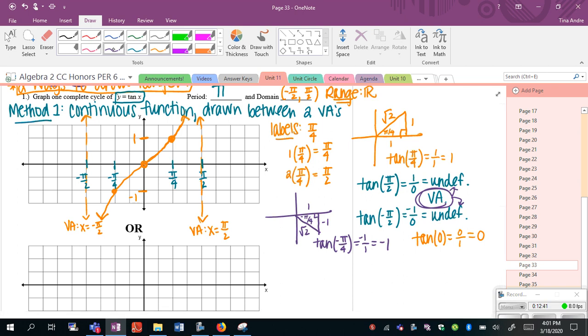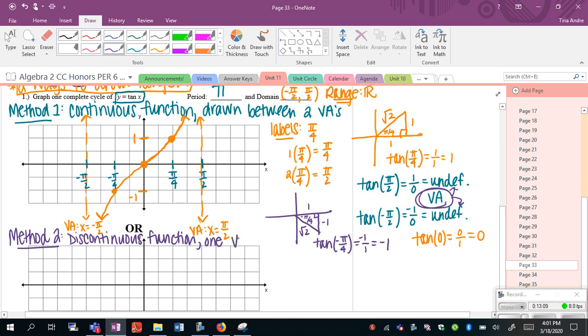So then the next part is, well, how could I graph this so it's discontinuous, or with just one vertical asymptote? So method 2 is going to be to graph as a discontinuous function. So that means it's going to have one vertical asymptote. So this is what I probably should have started with, because I feel like this is what naturally you would start to do when you're graphing based on how we've done the sine and cosine curves,